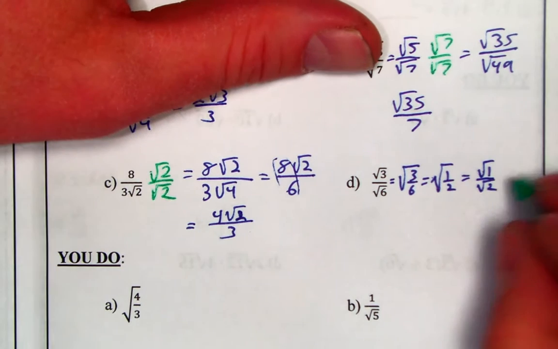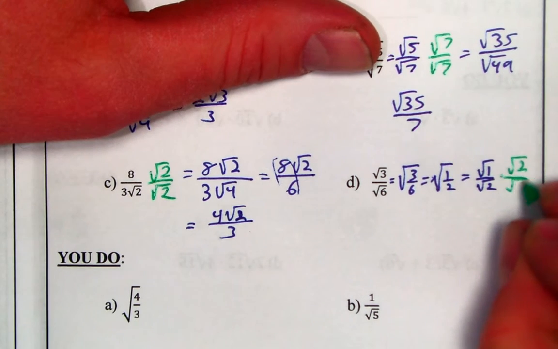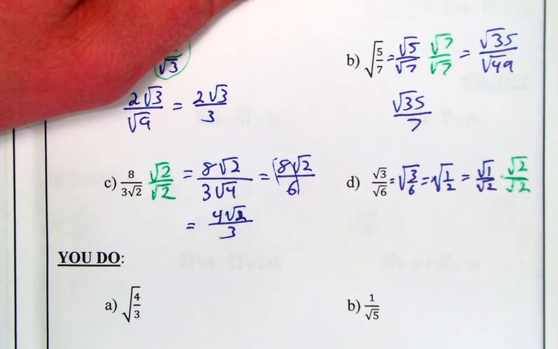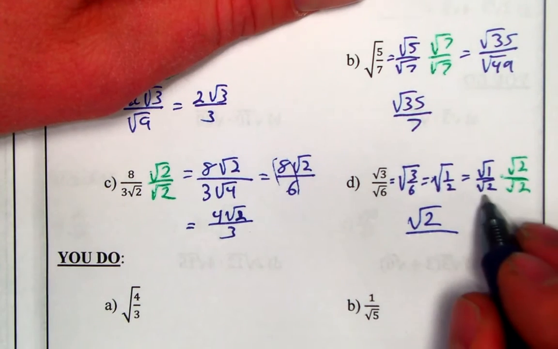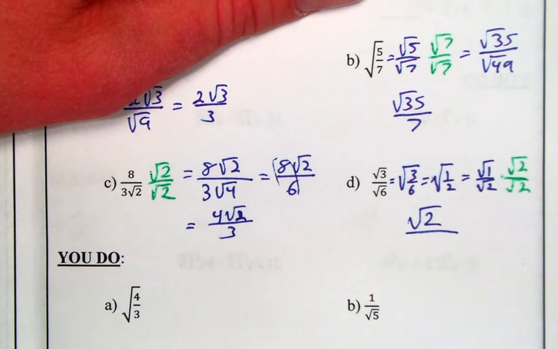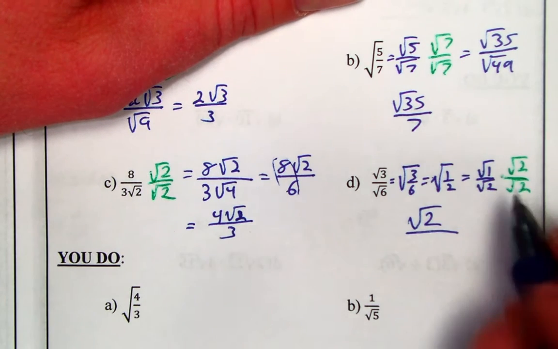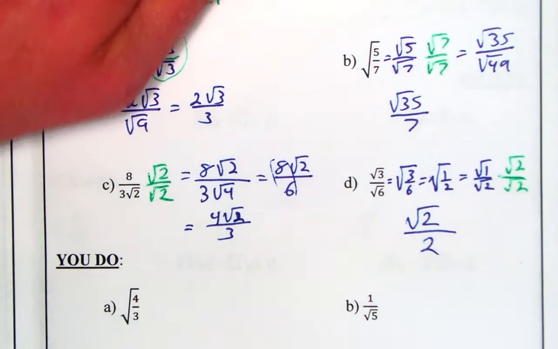And then we'll multiply the top and bottom by root 2. Okay, root 1 times root 2 is root 2. Root 2 times root 2, the whole point is that the roots will cancel out. So root 2 times root 2 is 2. Okay,